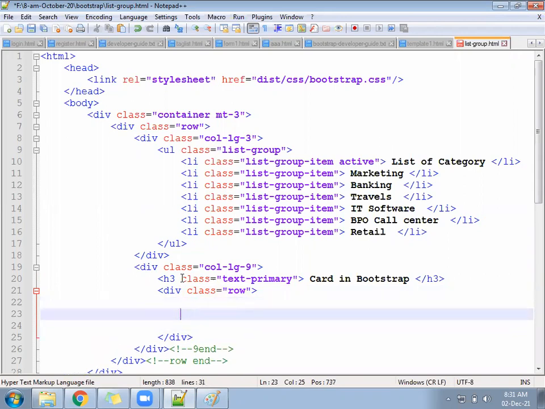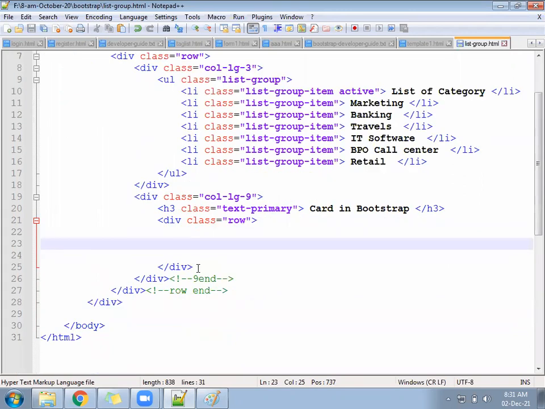Inside the row, you will write a comment here: row 1 inner level row.